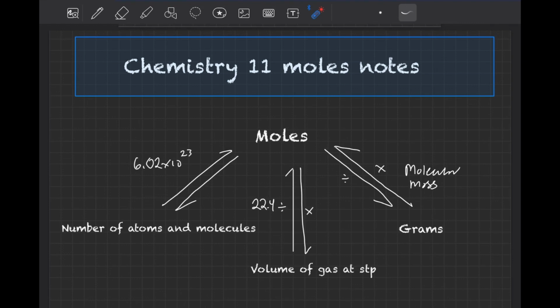All right, now let's talk about moles in chemistry. Moles is basically the central unit of chemistry. It allows us to do a bunch of different sorts of calculations and figure out different things. Some of those things are, for example, the number of atoms and/or molecules that we would have in a given amount of grams of a substance, the volume of a gas at STP, which is standard temperature and pressure,